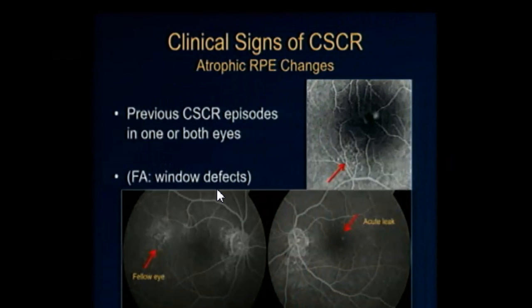You can also have a patient who doesn't come to you acutely because of symptoms, but something has happened in the past, and you know it is CSCR because you can see these multifocal RPE changes that manifest as window effects. So, for instance, they can be alone. For instance, this is a patient. We know that it is CSCR because of the changes in the RPE that manifest as window effects. And in the left eye, this is the fellow eye, there's an acute leak. So there's an acute leak here. The patient comes for this eye for the metamorphopsia that he or she, most likely, is suffering from. But when you look at the other eye, you know that this patient has had previous attacks of CSCR